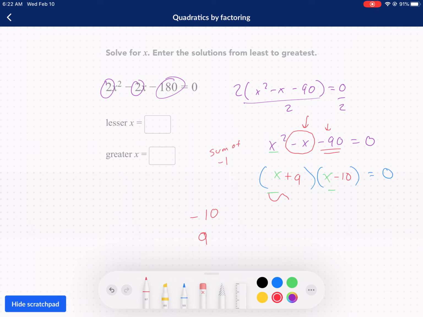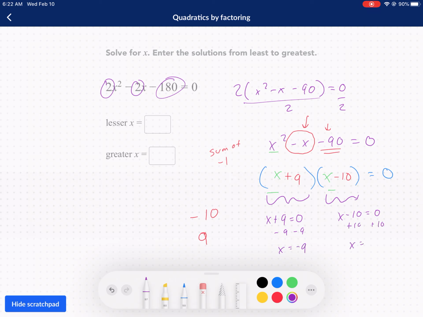Well, I've got to set both of these equal to, do I have another color? I do. Purple, might as well. Okay, so I have to set both of these equal to 0. Either one of these parentheses, since it's a product, can be equal to 0 to make the whole thing go to 0. So we have x plus 9 equals 0, x minus 10 equals 0. And we solve for both of these equations. So we get minus 9, x equals negative 9, or plus 10,